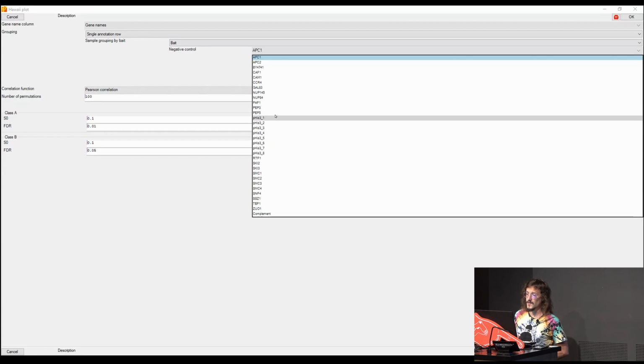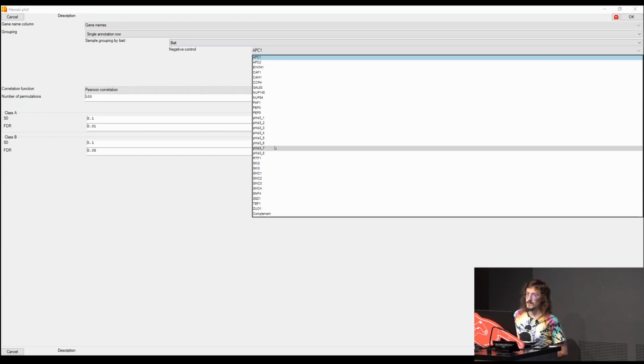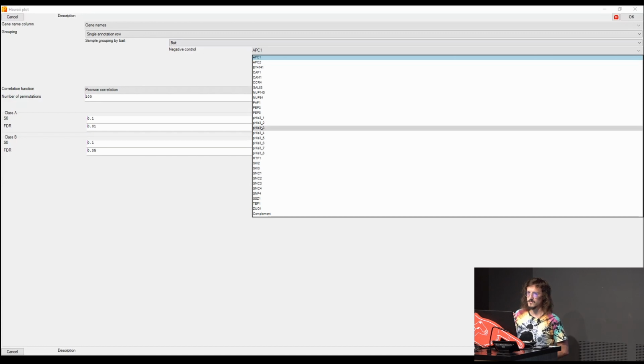One thing that, if you want to try at home, I can recommend you to do, you see, these are all the same control. One thing also to see how the result changes using more controls, more data coming from the unspecific binders.